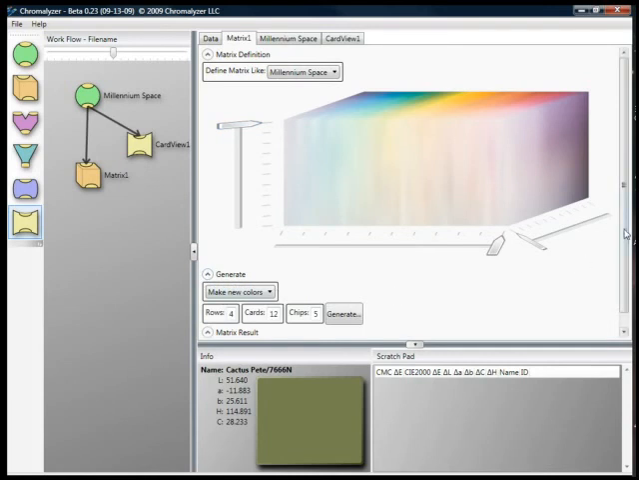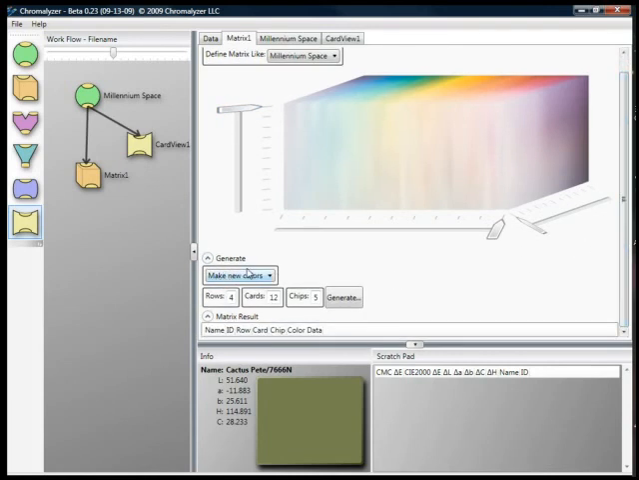We've added a generate down here. I'm going to say make new colors. I'll just choose the default, so I'm going to say take this space and give me 4 rows, 12 cards, and 5 chips out of whatever was in this space. And I say generate,